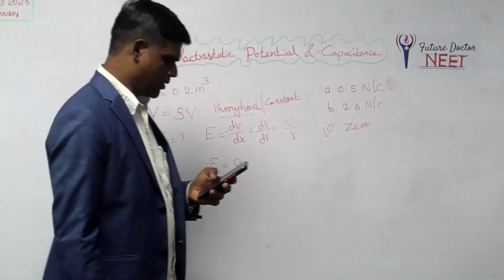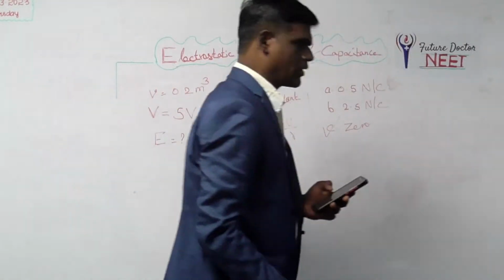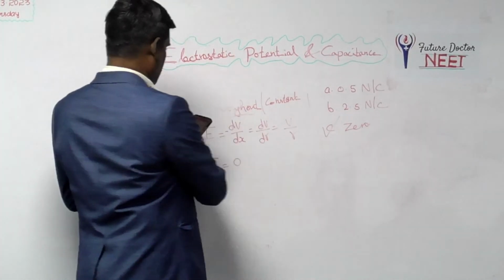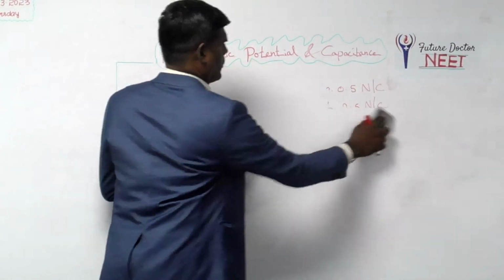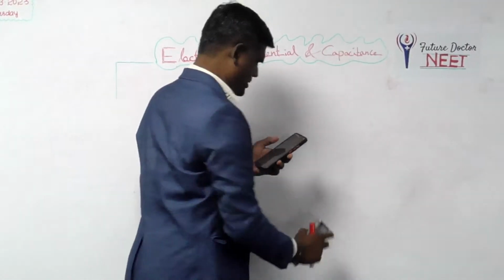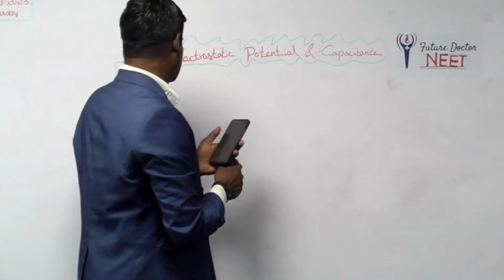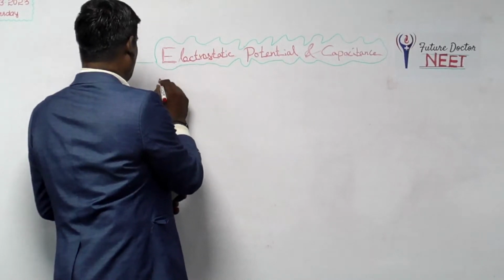Okay, next problem. If potential in a region is expressed as V of x comma y comma z,